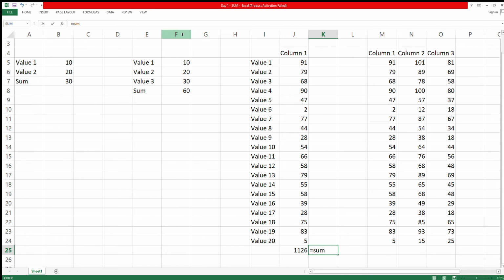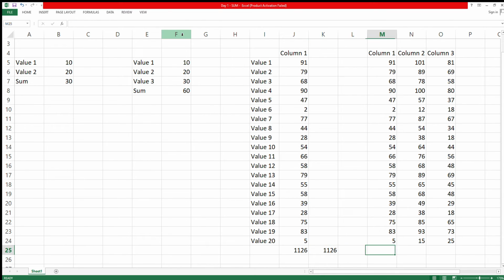If you just type sum and open the parentheses, what you need to do is select the range, means select the list of numbers we need to sum. So, starting is j5 to j24. I'm just selecting the 20 cells so that they can be summed. In the old way also we did it, and in the sum function also we did it, but the sum function is very fast and not tedious. We can do it very easily. So that is about sum.